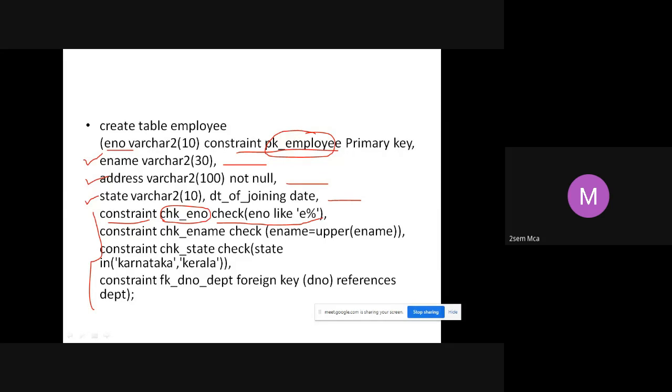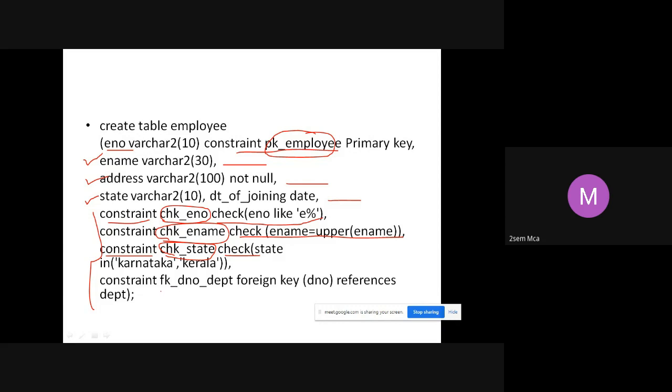Again, constraint is a keyword. check_ename is the name of the constraint. Which constraint is this name for? This particular constraint: check ename is equal to upper of ename. Again, you use the constraint keyword once more. check_state is the name of the constraint, for this particular constraint, whether the state should be either Karnataka or Kerala.